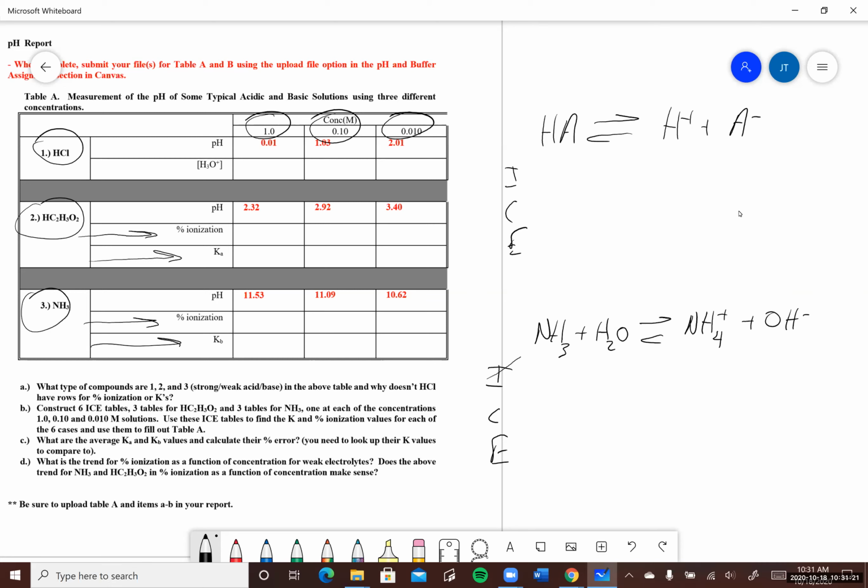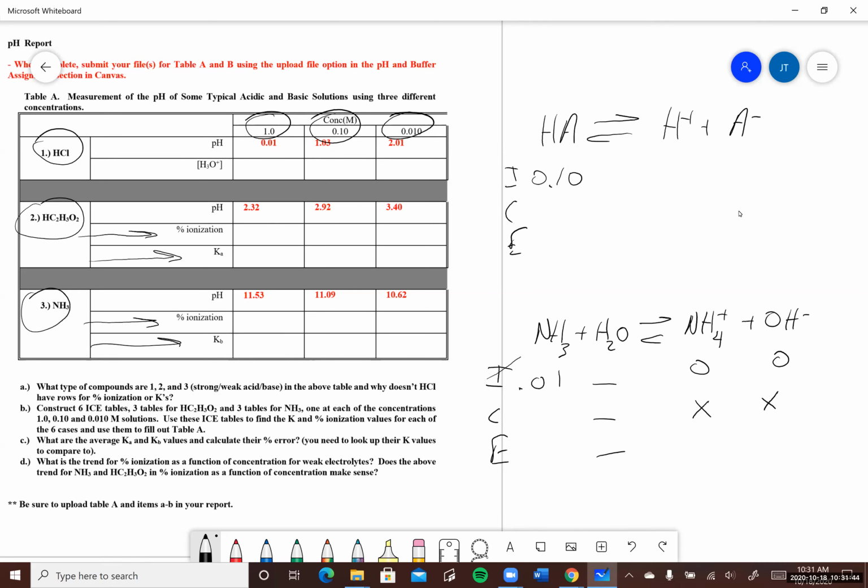And I just picked the 0.1 molar for that situation, and you can pick whichever one you want, but you're going to need to do 3 for each, 1 for each one of those different concentrations, and you can fill out the ice table